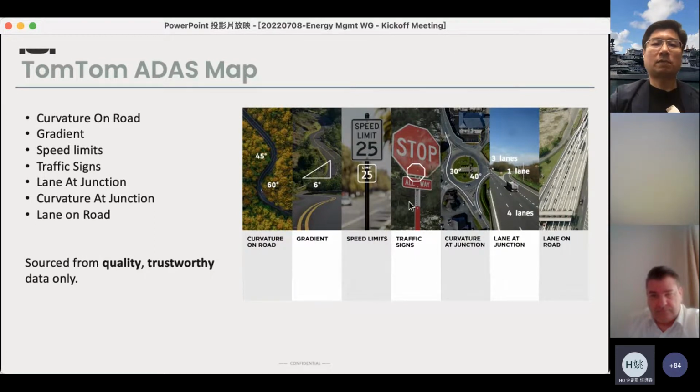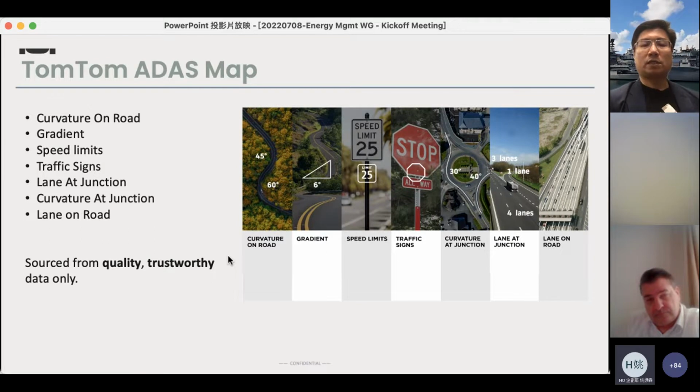This is a snapshot, a reference from TomTom. They have an ADAS Map, and we can see that it can indicate the road information, including the curvatures, the gradients, the traffic signs, and so on. We can use this information as parameters and input to BMS for the BMS to calculate the real mileage that the vehicle can drive, and also maybe the driver behavior. For example, driving fast or as a regular driver, they have different